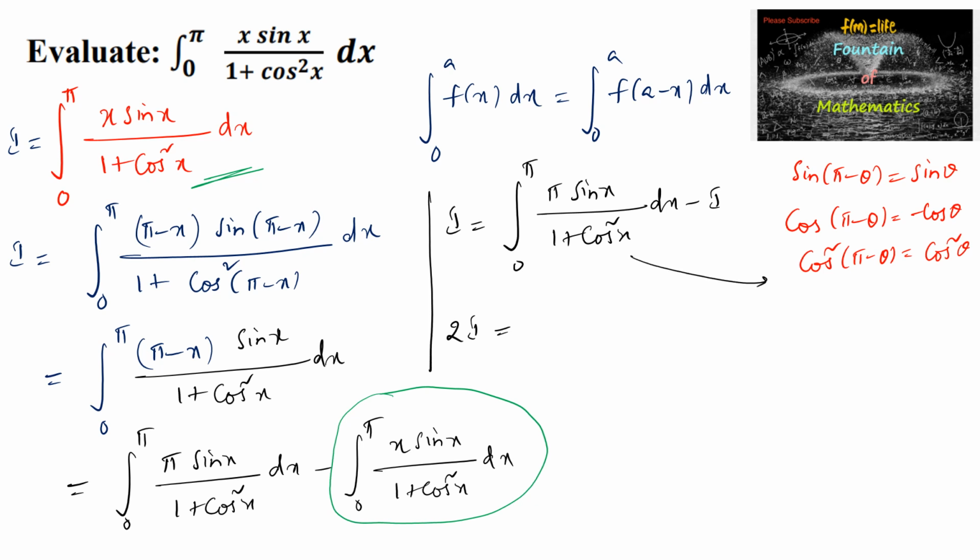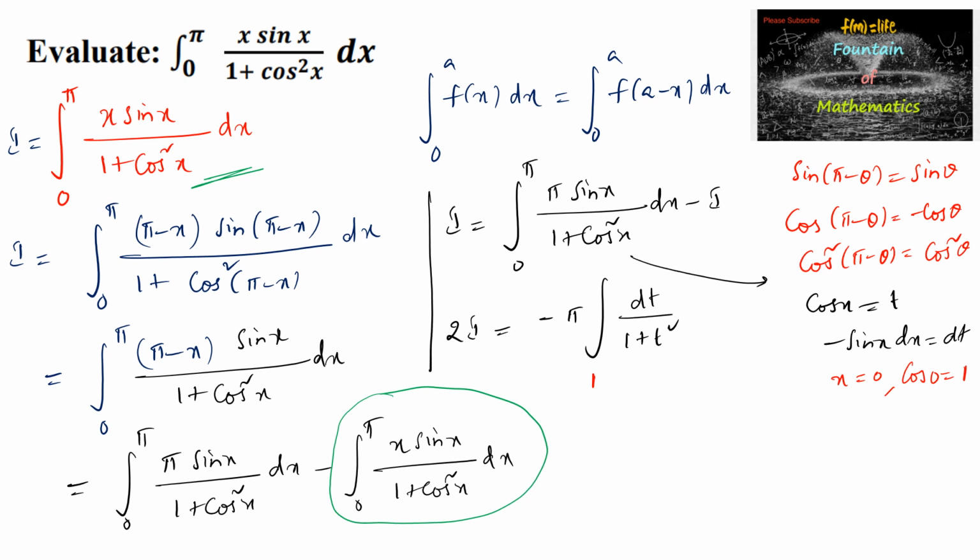and here let us substitute, put cos x is equal to t, so that minus sin x dx is equal to dt. So here we can write pi times minus sin x dx is dt divided by 1 plus t square, and coming to the limits, when x is equal to 0, cos 0 is equal to 1, so t is equal to 1, and when x is equal to pi, cos pi is equal to minus 1, so we can write here minus 1. So 2I is equal to minus pi times integral 1 to minus 1 of